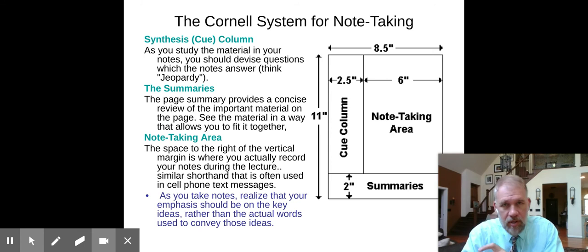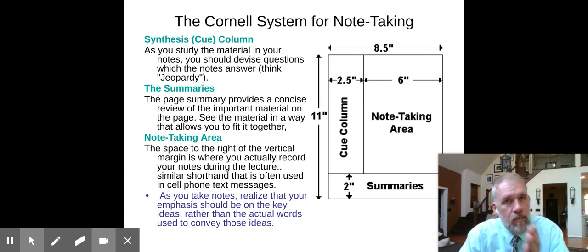Down there at the bottom, you're going to slide off a little section, about 2 inches, and that's going to be for the end of the day. So if you take multiple pages of notes during the day, which you might, you wouldn't need to put that summary at the bottom of every page. You just need to put that at the end of the day. So down there at the bottom of your page, you would put your summary. Today, we had a little introduction. We talked about Mr. Lanham's Poe, and we talked about Cornell note system. Summary.